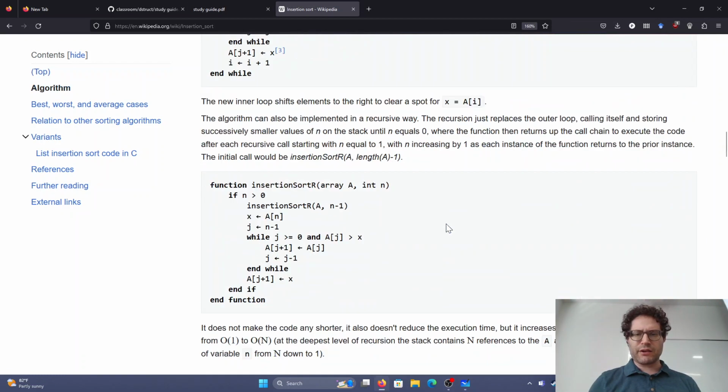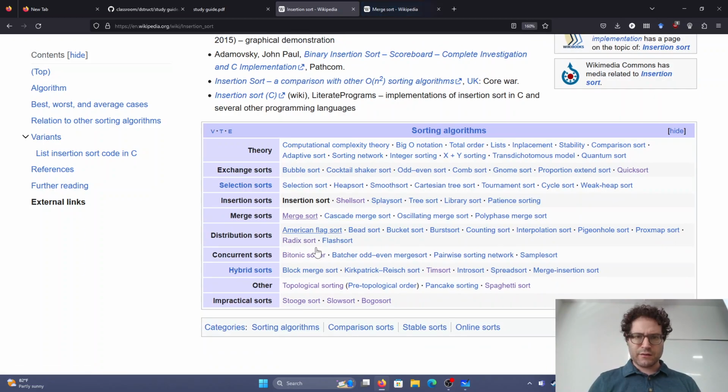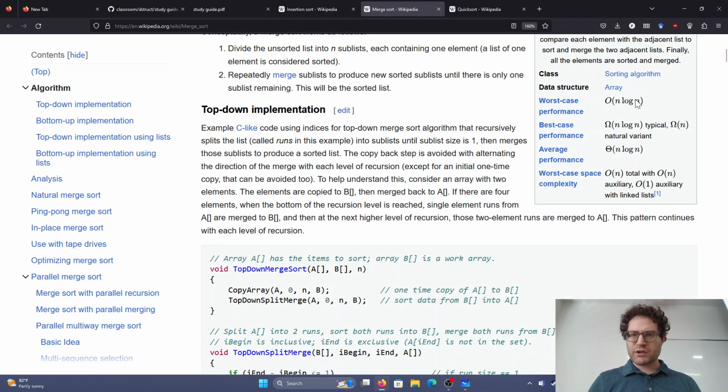Let's go ahead. It always runs in n log n time. So let's go ahead and take a look at merge sort. Just straight up merge sort and quicksort. Merge sort, worst case, best case, average case is always n log n. Worst case